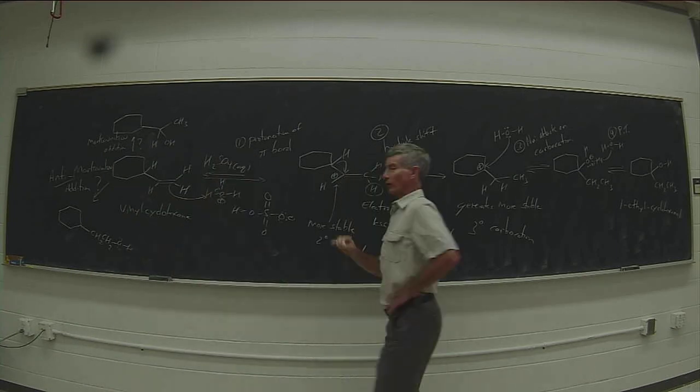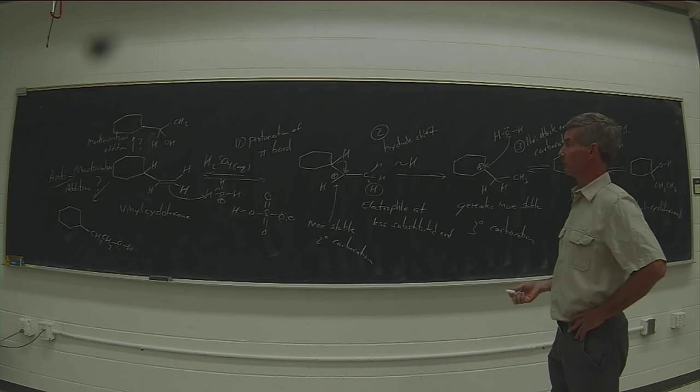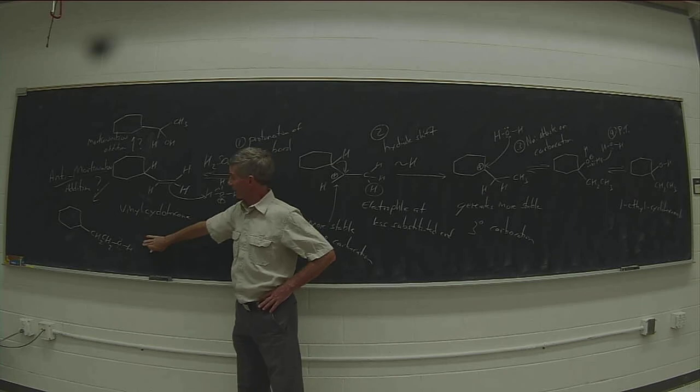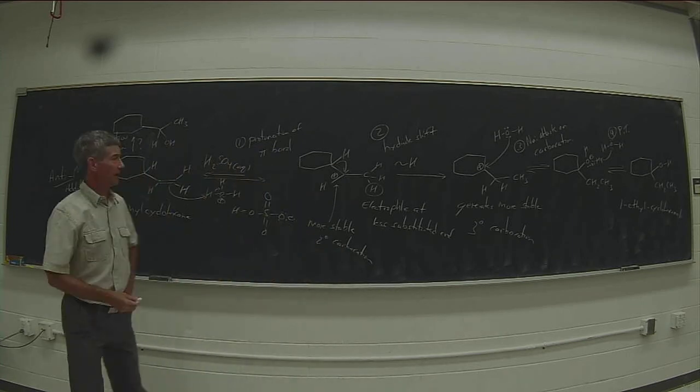If we're going to avoid carbocation rearrangement, we have to avoid carbocations. So there must be a completely different mechanism involved in order to generate the secondary alcohol, and again, an even more completely different mechanism involved to generate the primary alcohol, and that'll be the subject of